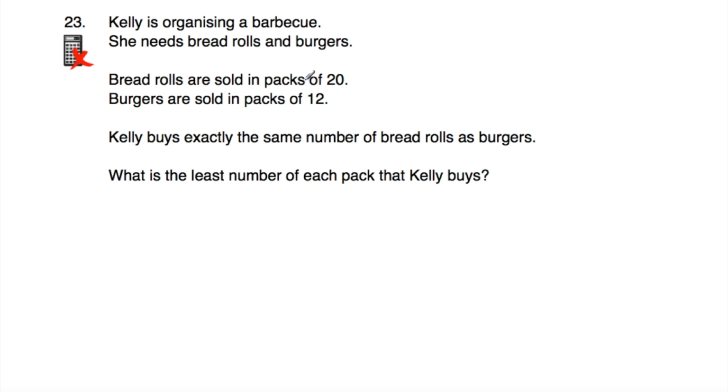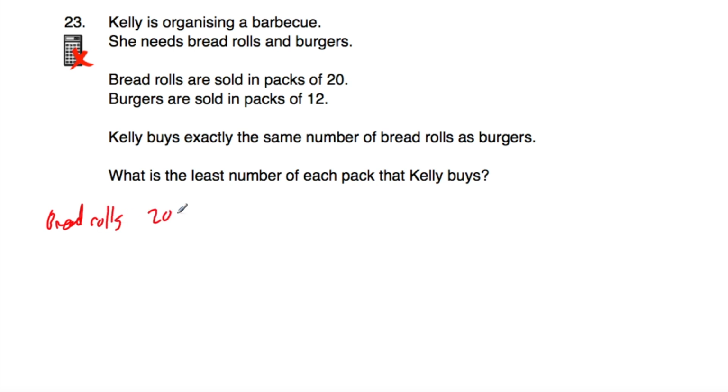And bread rolls are sold in packets of 20 and burgers are sold in packs of 12. And Kelly buys exactly the same number of bread rolls as burgers. And the question is, what is the least number of each pack that Kelly buys? So she buys exactly the same number of bread rolls as burgers. So we're looking for a common multiple because she can either buy, in terms of the bread rolls,